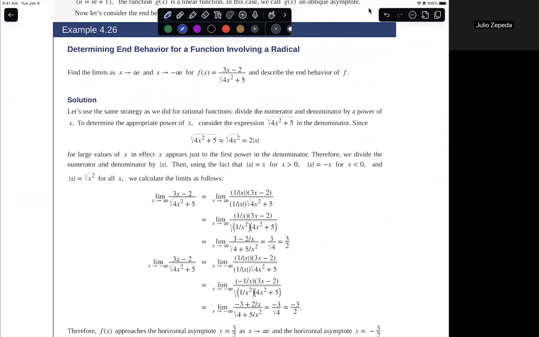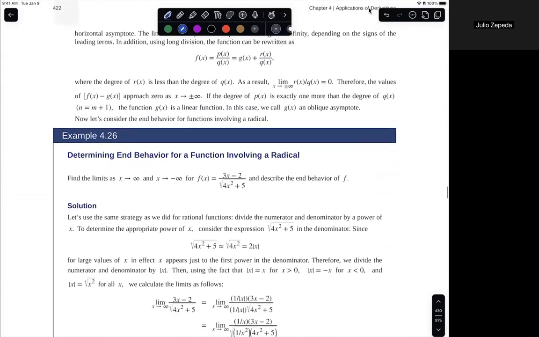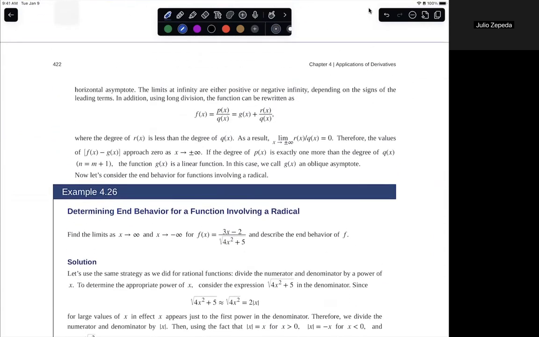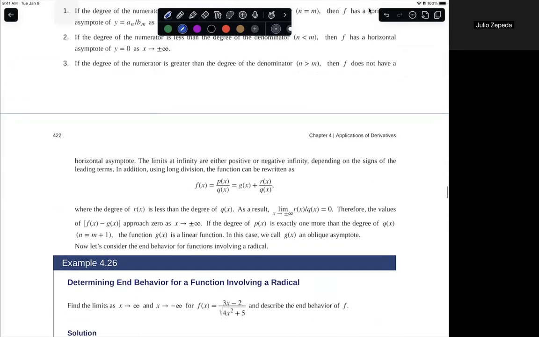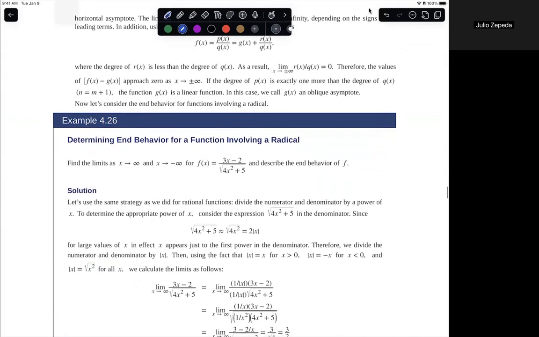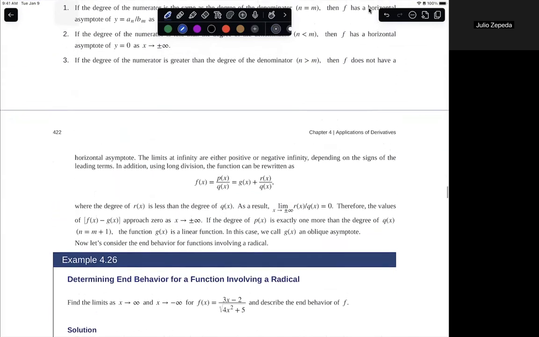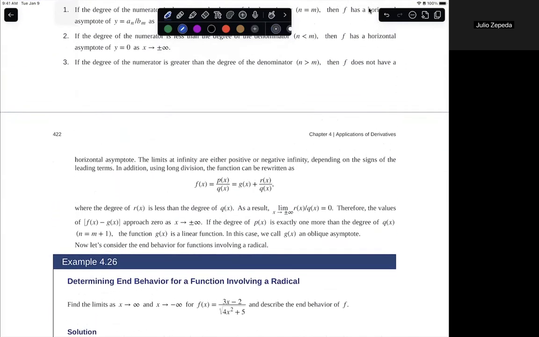And this last example, example 4.2.6, is going to be similar to what we did in the previous problem, but if the function has a radical in it, then we need to figure out, so what's the method for determining a limit as x approaches infinity for this kind of function? Well, something that we need to know for this function here is the graph of